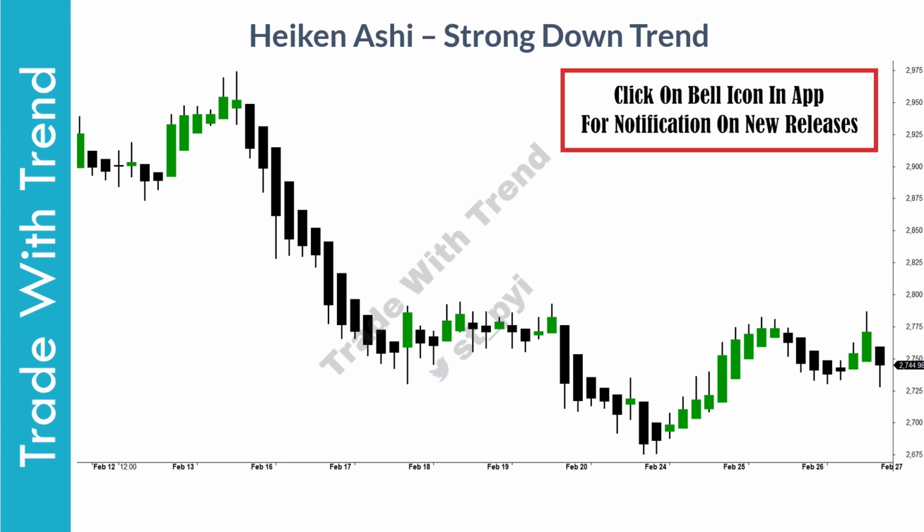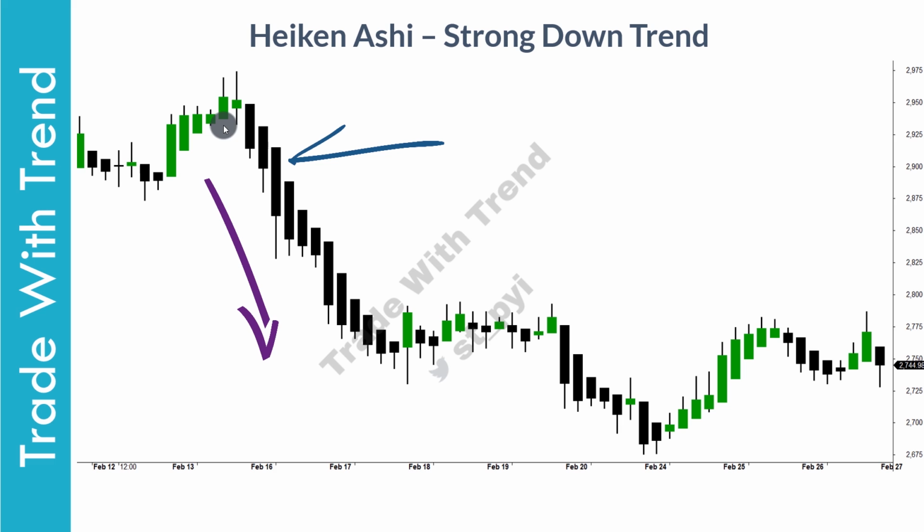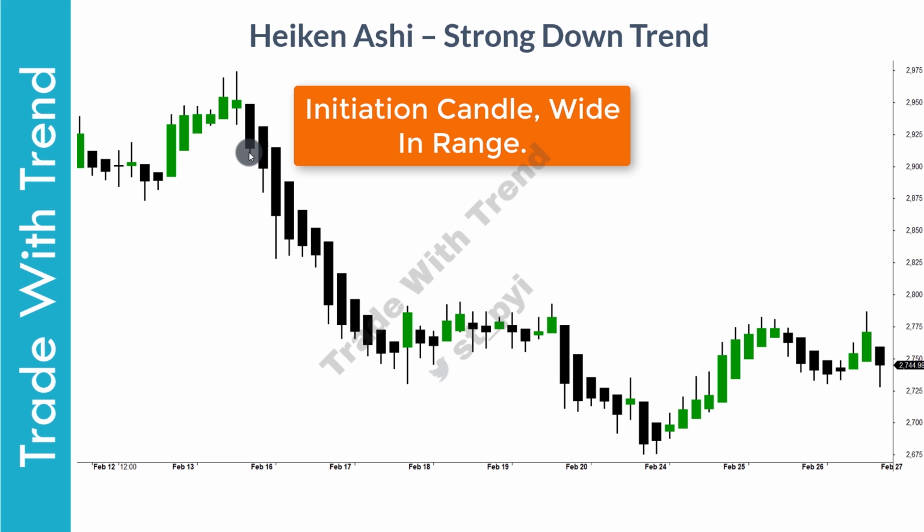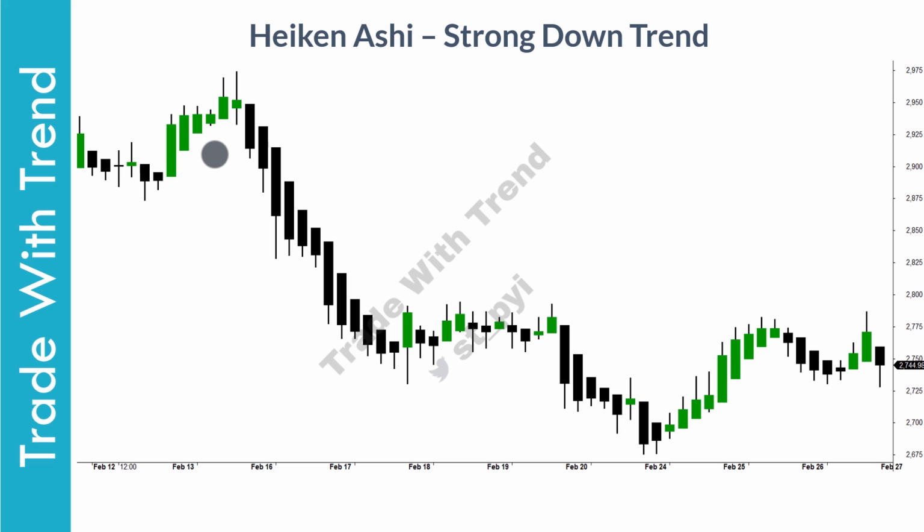Let us now see how to identify strong downtrend using initiation candlesticks. Now, in this chart in front of you, as price moves lower, look at the first three candles here. Each candle that you see here is an initiation candle which is wide in range and represents strong momentum and trend. Now take a snapshot of this chart, as this is what you need to spot on your own charts. Now during price trend analysis, look out for presence of such strong candles on the chart. If you cannot spot such candles, then simply stay away or look for another stock to trade.